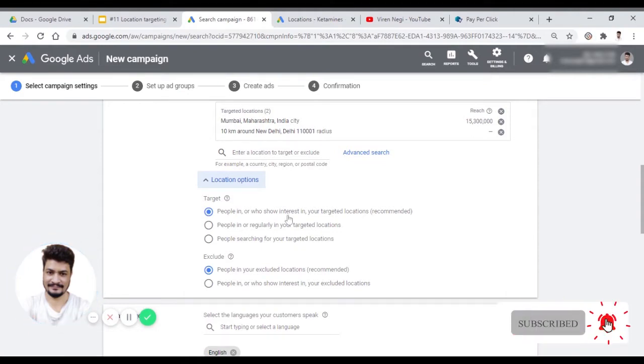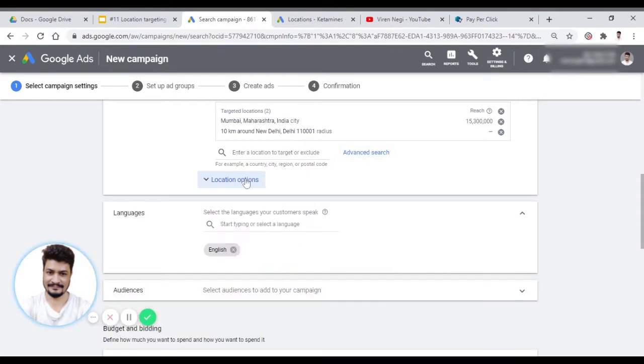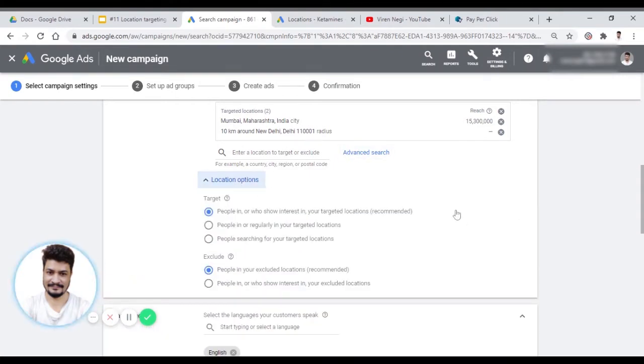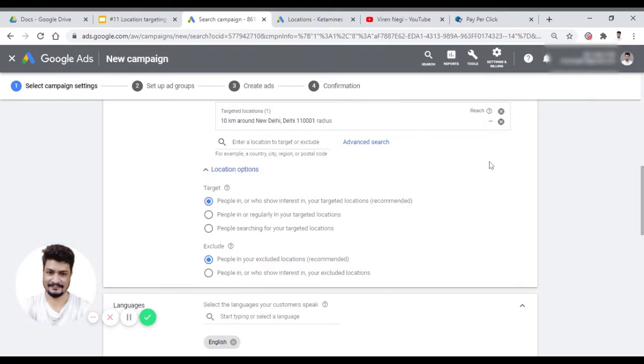So if you select this, you can show ads on both options. A person sitting in your location might see your ads, or a person sitting in a different location, maybe a different country, can see your ad as well if they show interest in your location. Maybe you put some keyword for that particular location, or maybe you're using geo targeting as well. Now under this you see our location options. So what are these? If you select the first option, people in, it means the people who are in my particular location. Let me remove this so you won't get confused.